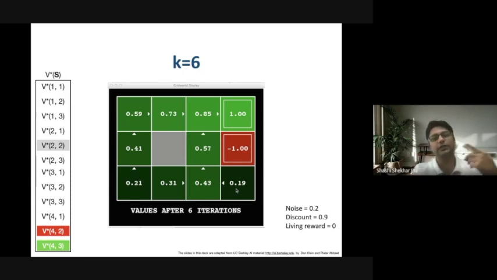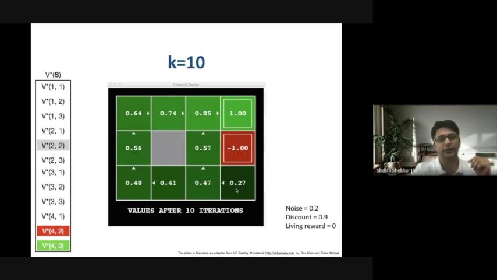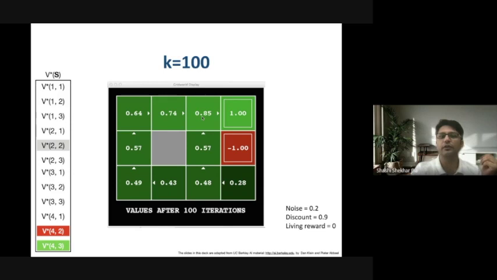You can now keep on doing this. These are the values at the 10th iteration. Now you see 0.85 for this state, 0.74 for this state. You can keep on doing it, and even after the 100th iteration, the value here is still 0.85 and it's still 0.74, but the values of other states have improved. From the 12th to the 100th, you see the changes are very minimal.